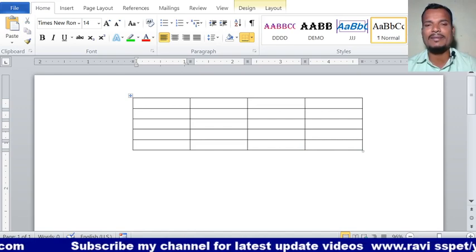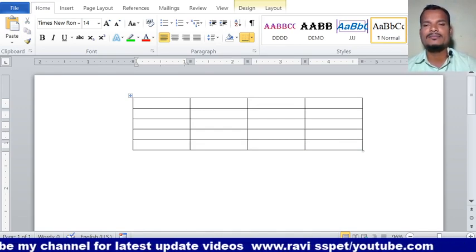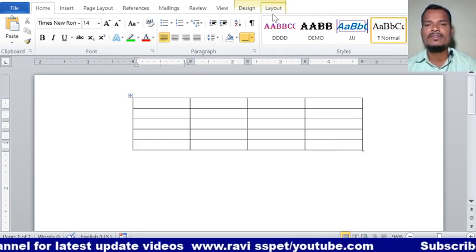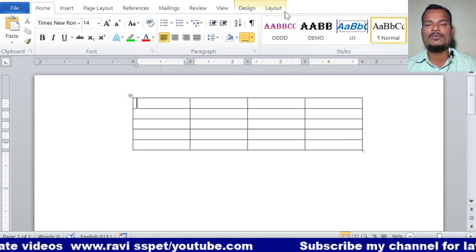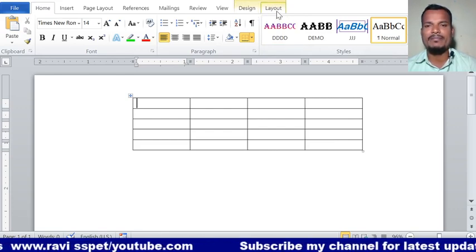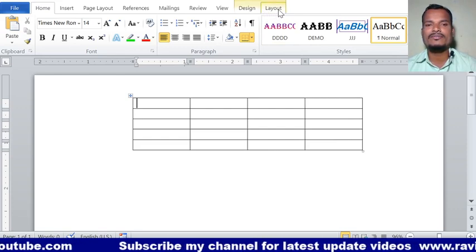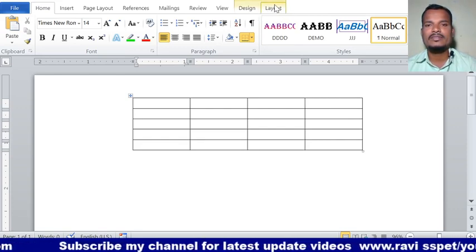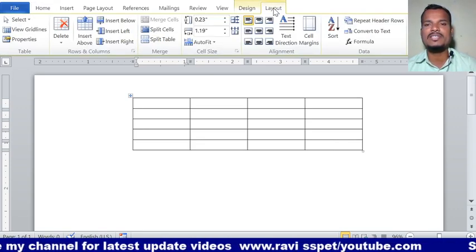So now my requirement is I want to delete the complete table. So for that, see here. Whenever the table is in selected mode, here you will observe a layout tab on the ribbon of this document. Click on the layout tab.